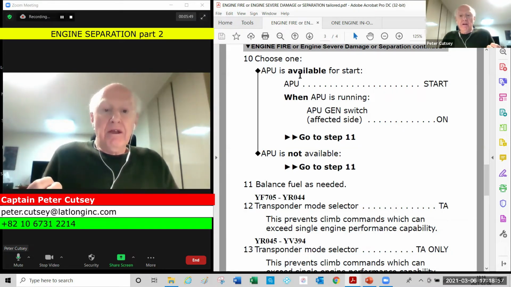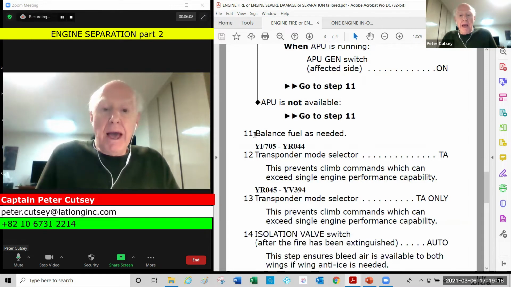So if the APU is running, APU generator for the affected side on, only after the autopilot is on the good side. If APU is not available, go to step 11. Balance fuel as needed. Now,